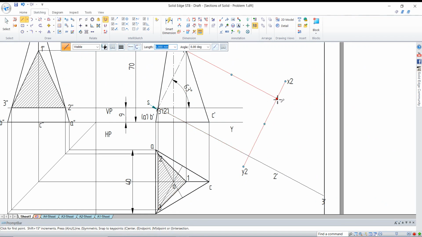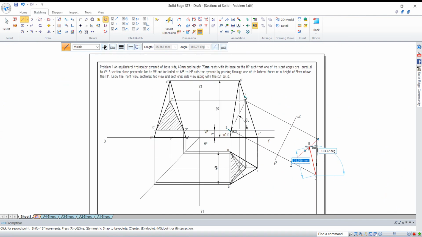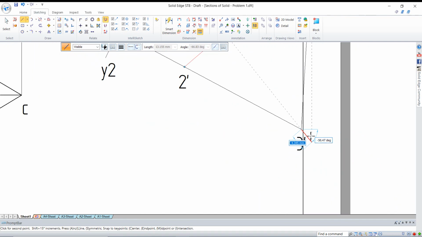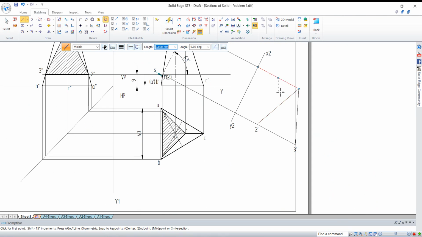Point number 1 is 37.171. So from this point 37.171, it is up to here. I'll join this with point number 2 and I'll join this with point number 3. So this will be my true shape of the diagram.